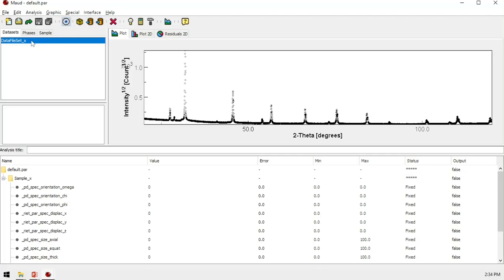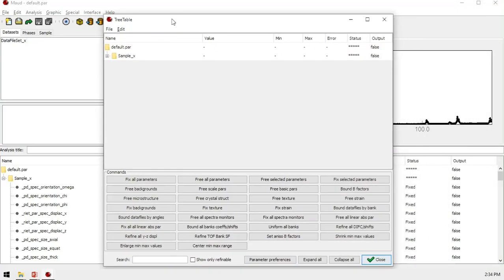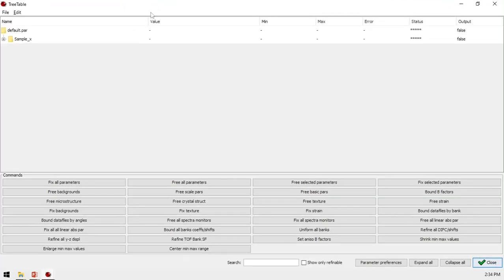Okay, I remember now. We have to open the parameter list, Control L. And we obtain these three tables, and then we can expand the parameter list.